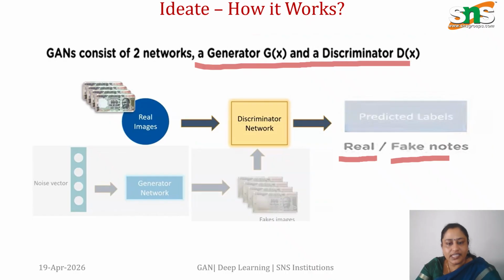With this feedback, the generator again generates images until the discriminator cannot tell whether they are fake images. So here it is a zero sum game. The discriminator and the generator work very well due to the continuous process of training. So this is the working architecture of